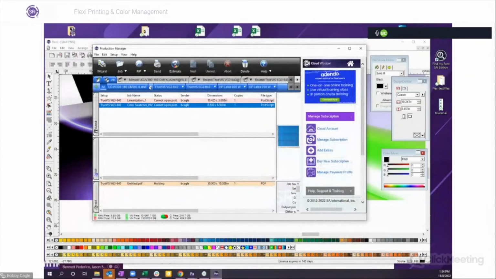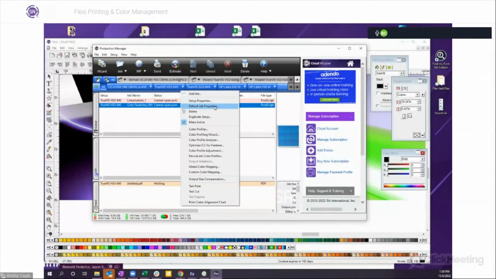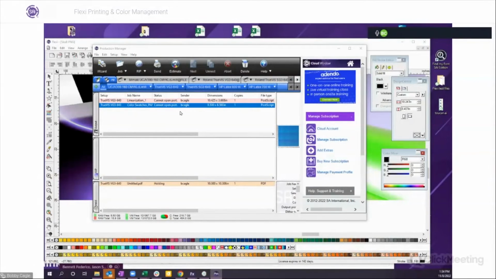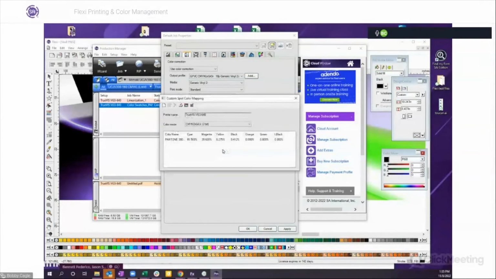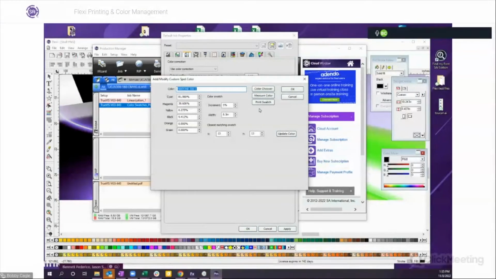All right, so we're going to come back in here to our default job properties. Let's get back into our swatch table here that we have. Go to our color mapping, get back into here. And now we're going to tell it, instead of being 13 and 13, which is exactly what it is, we know that X, we wanted it to be 20, and Y be, let's say 25. Now watch the values over here in the CMYK. When we change that to 25 and hit update the color,